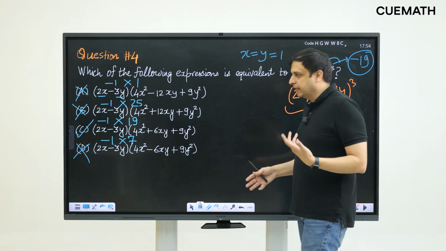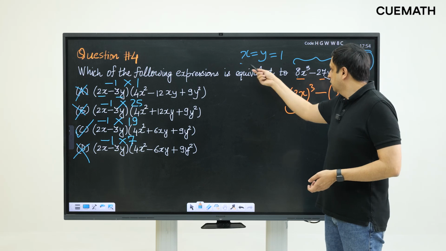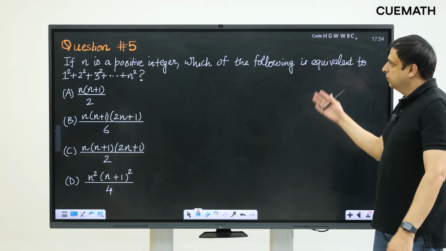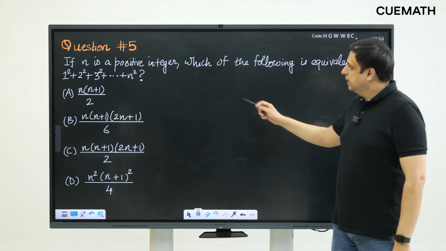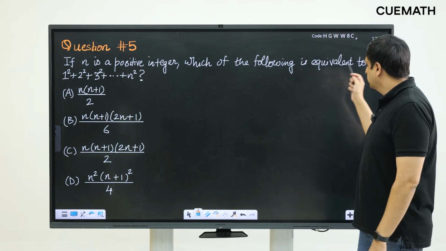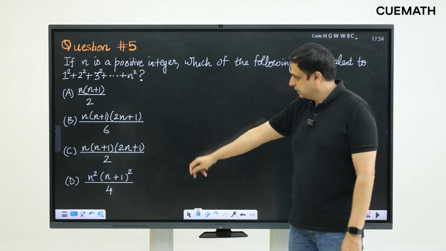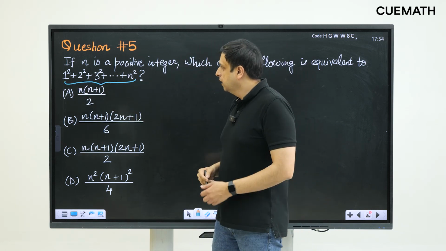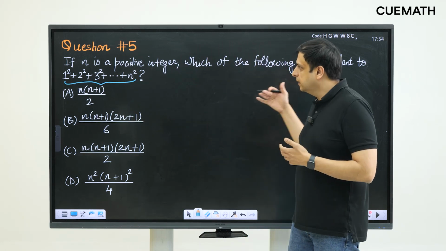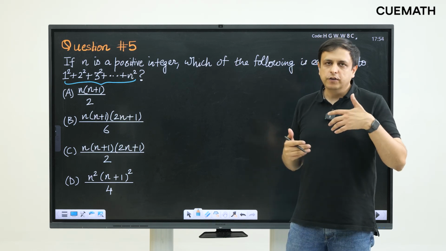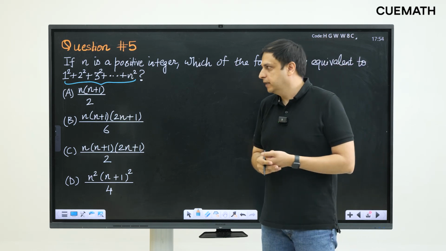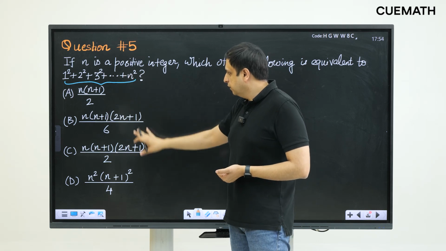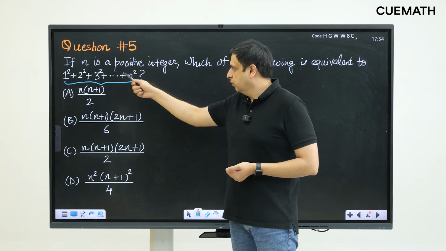So once again, making our own substitution, x equal to y equal to 1 helped us figure out the correct answer. Now question number 5, if n is a positive integer, which of the following expressions is equivalent to this sum here? This sum 1 square plus 2 square plus 3 square up till n square is the sum of the first n perfect squares, and we have to find out which of these expressions is equivalent to this